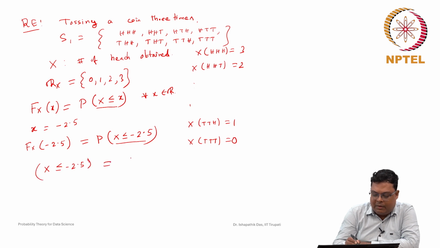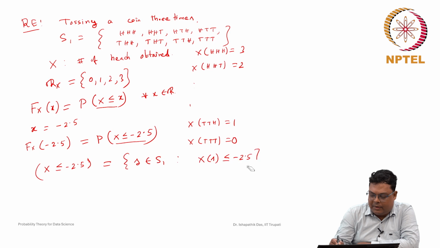It is defined by all s belonging to the set S1 such that X of s is less than or equal to minus 2.5. Then see that X takes the values 0, 1, 2, 3, only non-negative values. So no element of S1 can satisfy X less than or equal to minus 2.5. So it is the null set. That is why the probability of X less than or equal to minus 2.5 is the probability of phi,